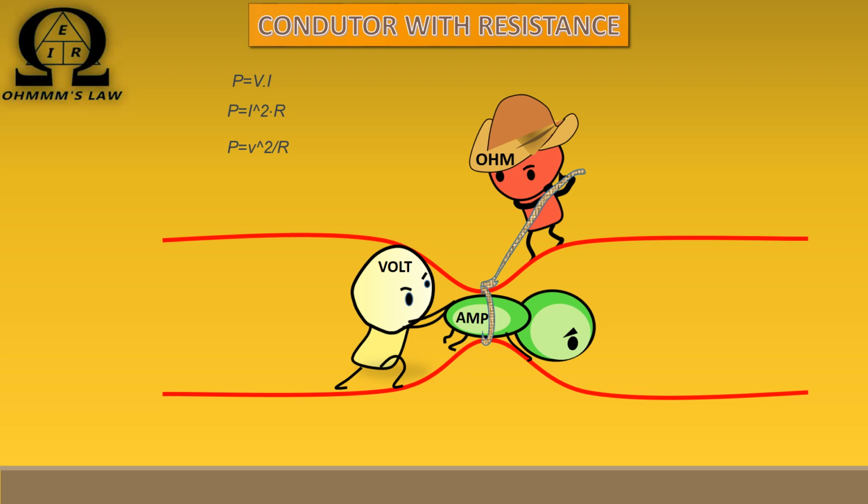According to Ohm's law, the power P in a circuit can be calculated using the formula